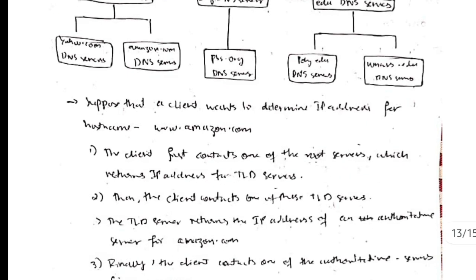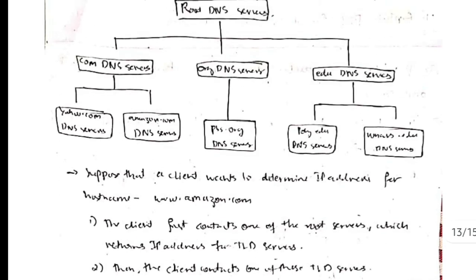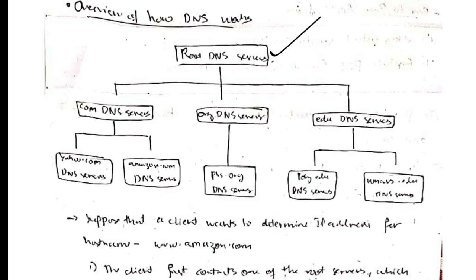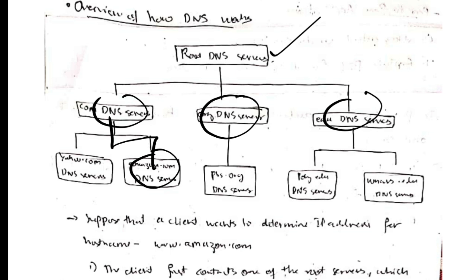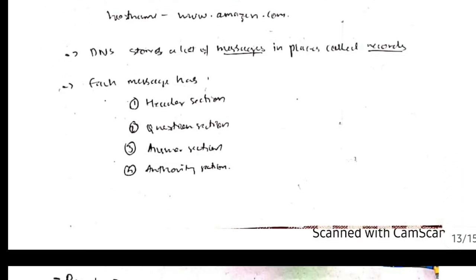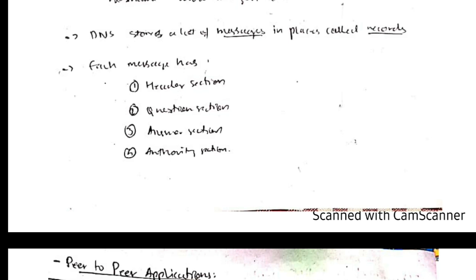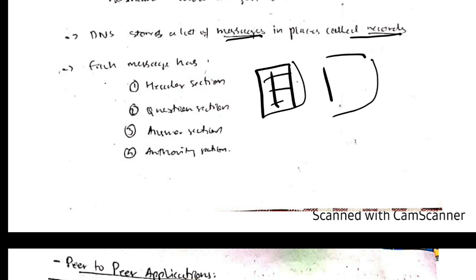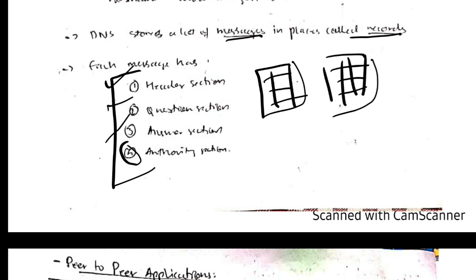Okay, and if you want to access any IP address, we'll start from here, whichever we want, and we'll send the request to each of these, and they will fetch which client is asking the information, and from their database the information will be extracted and sent to the server. Okay, so this is how DNS works, and there are many messages placed in the records. Different records will be there, and in each record the similar type of messages will be stored. Messages is nothing but the data of the clients. Okay, and each message has these 4 parts: header section, question and answer section, and authority section. This will have the information about these domains.